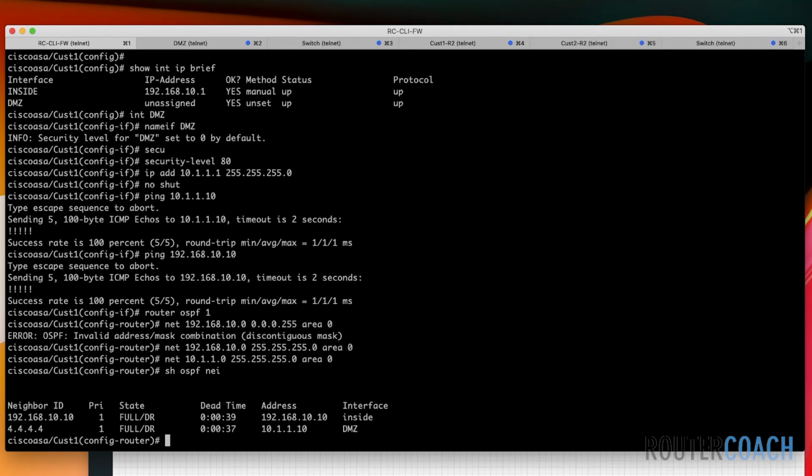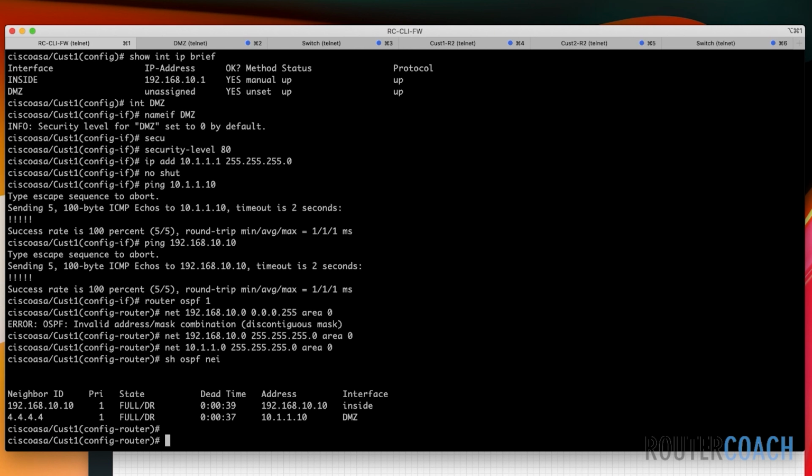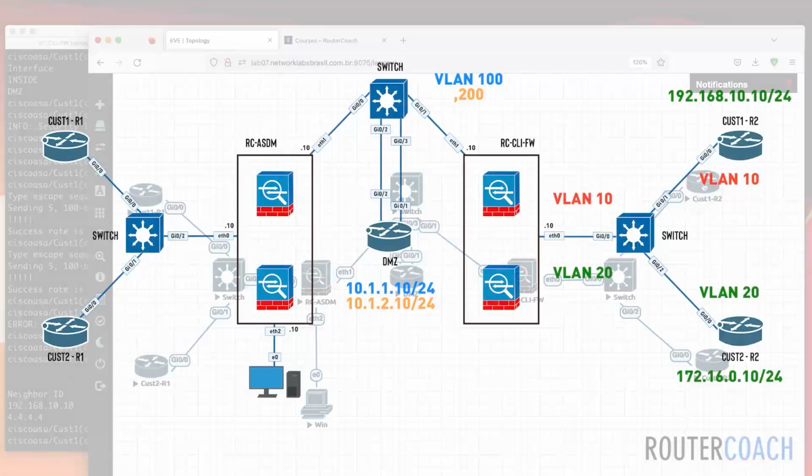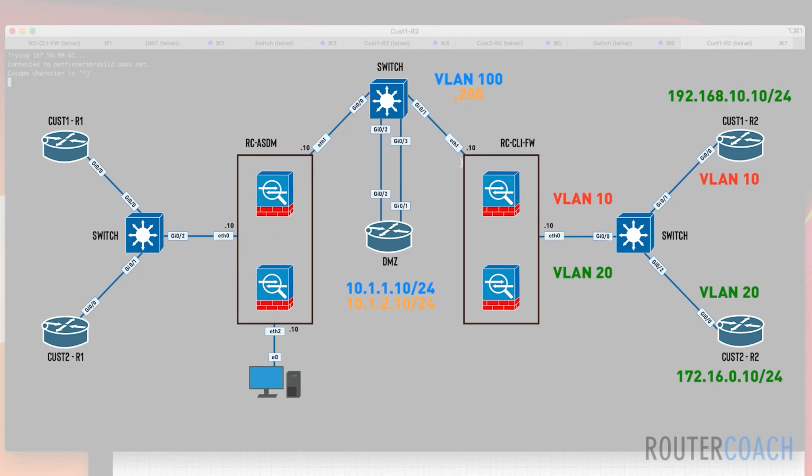So we have a neighbor with the DMZ, which is there, and we also have one with our inside. So theoretically, our inside network should now be able to ping all the way across to 10.1.1.10. Let's see if that works. So if I jump on our inside customer 1 R2 here,